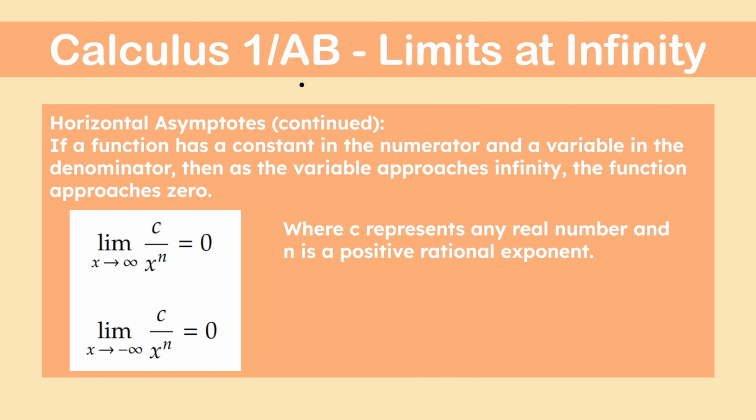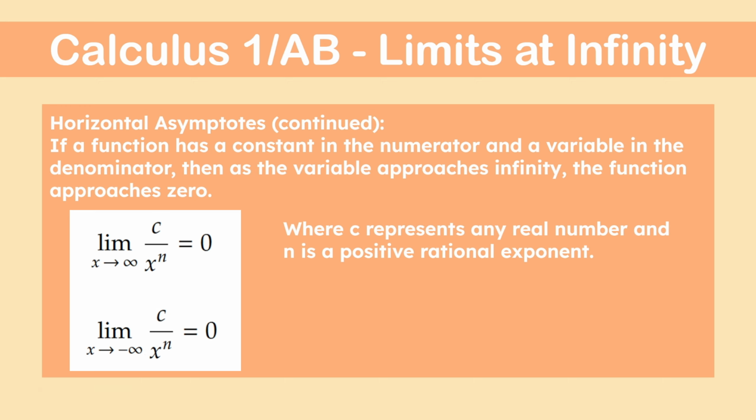So imagine we have a function. If a function has a constant in the numerator and a variable in the denominator, then as the variable approaches infinity, the function approaches 0, where c represents any real number and n is a positive rational exponent. So let's say we have the limit as x approaches infinity of c over x to the power n, well that's going to be equal to 0, and the limit as x approaches negative infinity of c over x to the